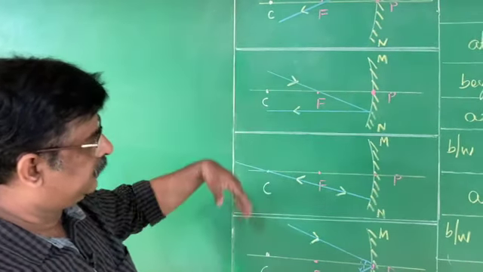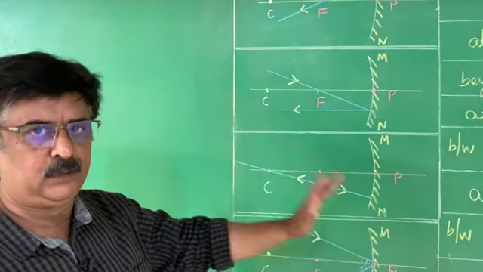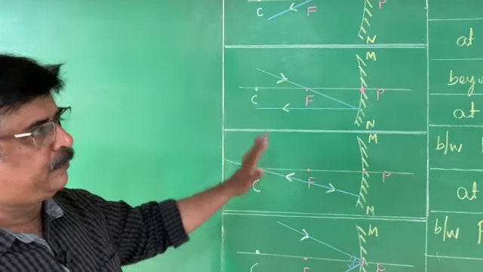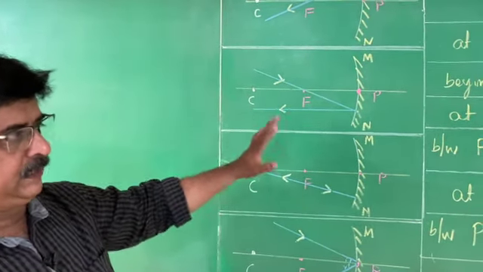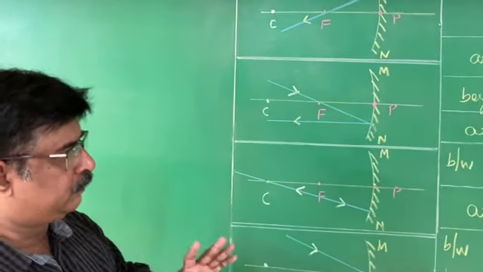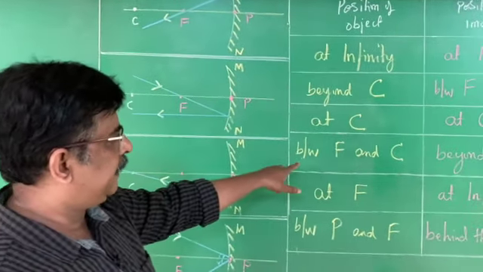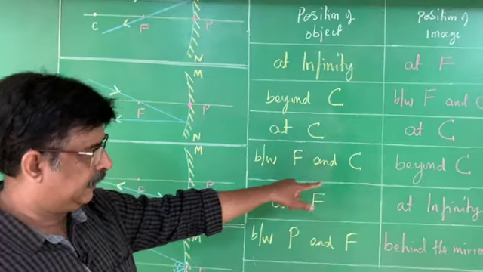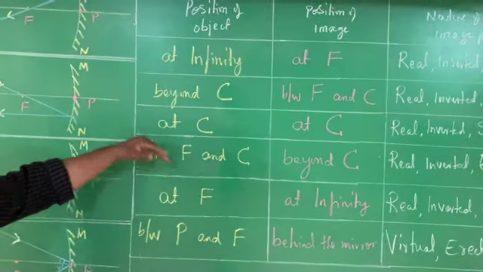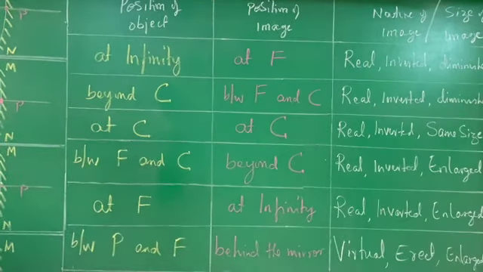Out of the four conditions, we have to use any two. I am using the conditions given in the textbook because we are going to write the public examination, and this is a very important part of the lesson, because definitely we are going to get marks in this area. Therefore, you have to be very careful. Now the fourth one: when the object is placed between F and C, we have to get the image beyond C. This has to be verified. These three are verified, and now we are going to verify the fourth ray diagram.